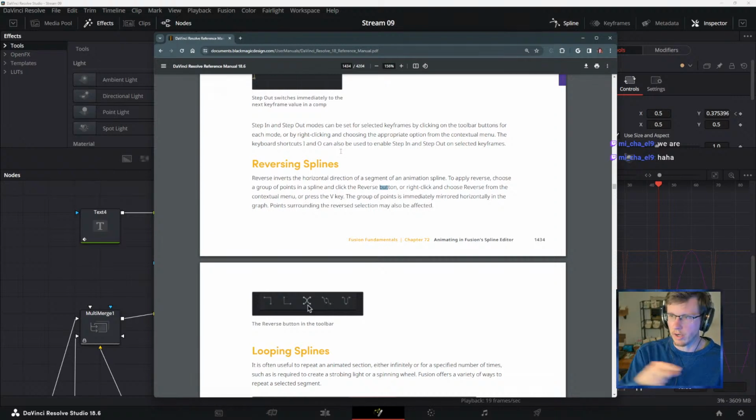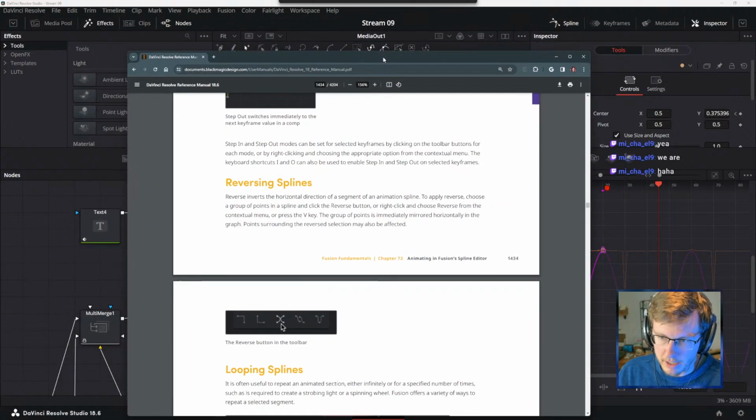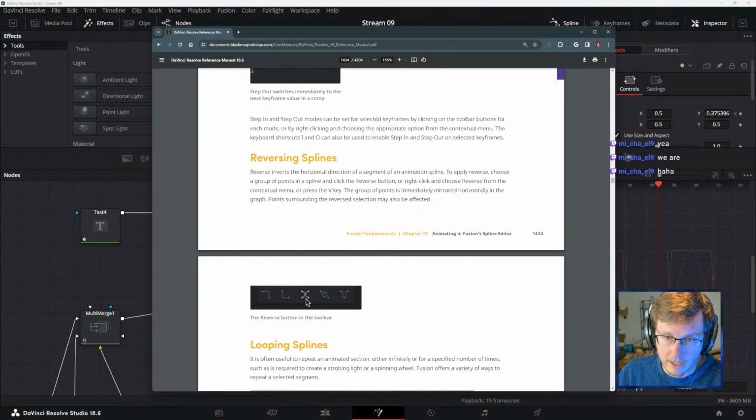And that's ping pong. Like if you animate it to here and set it to ping pong, it's going to go here to here. I don't know why this is breaking my brain. I've used ping pong before.